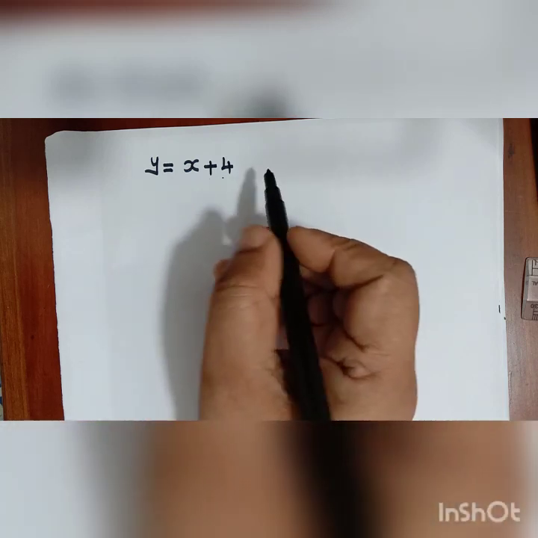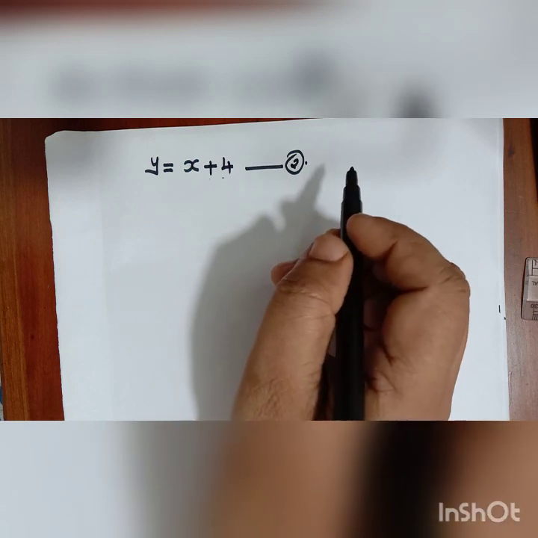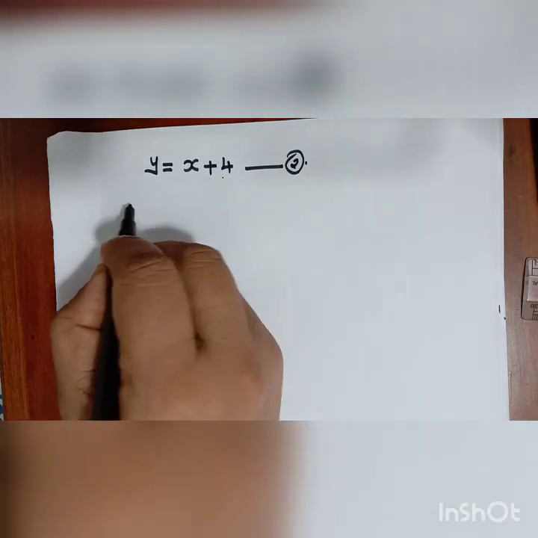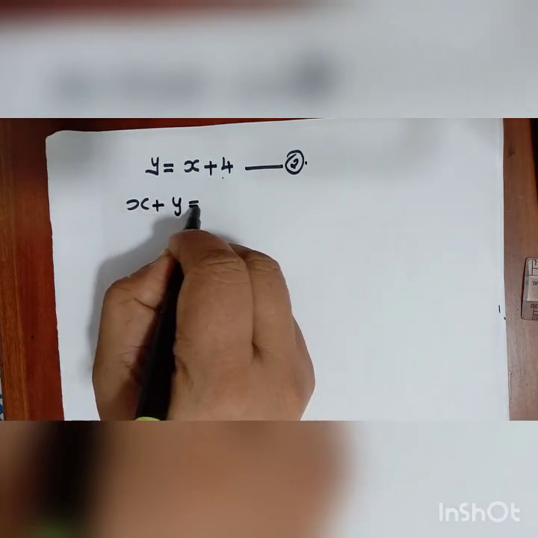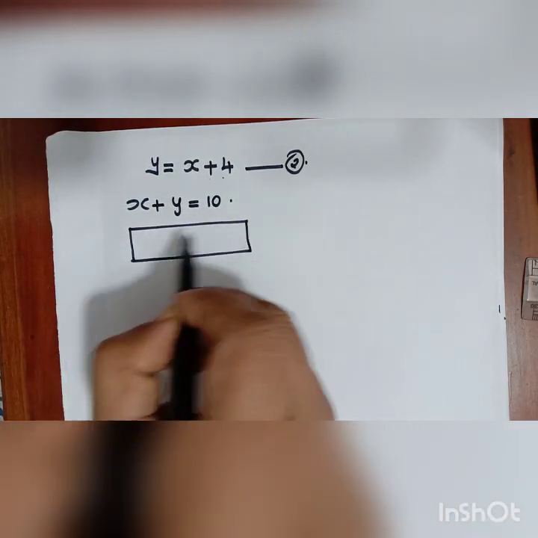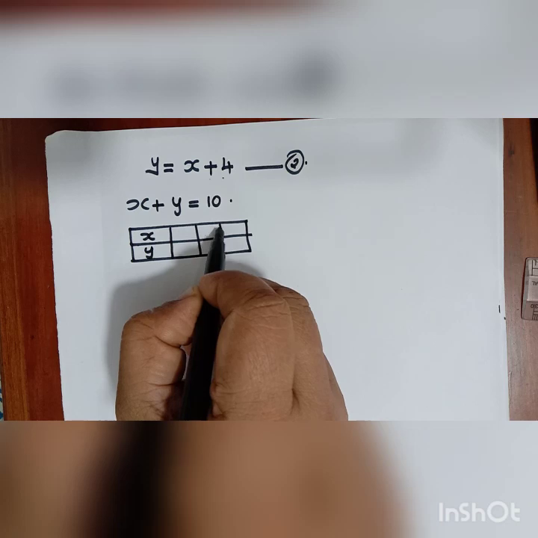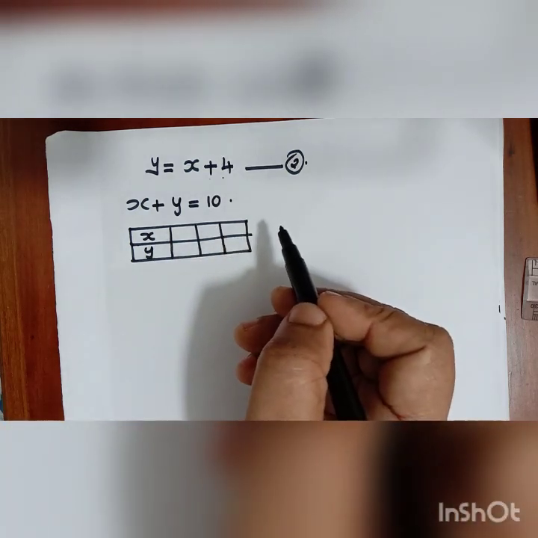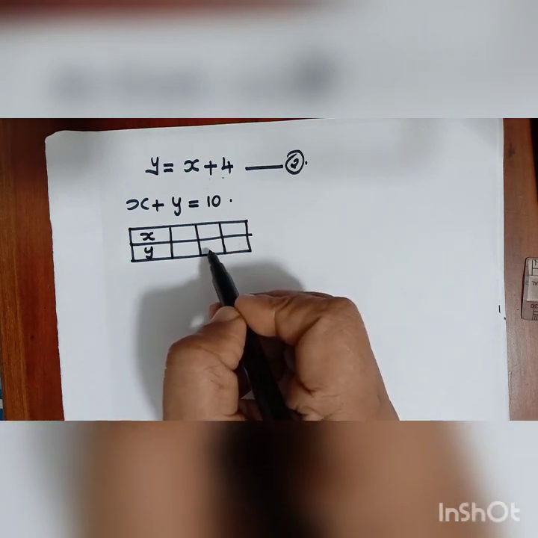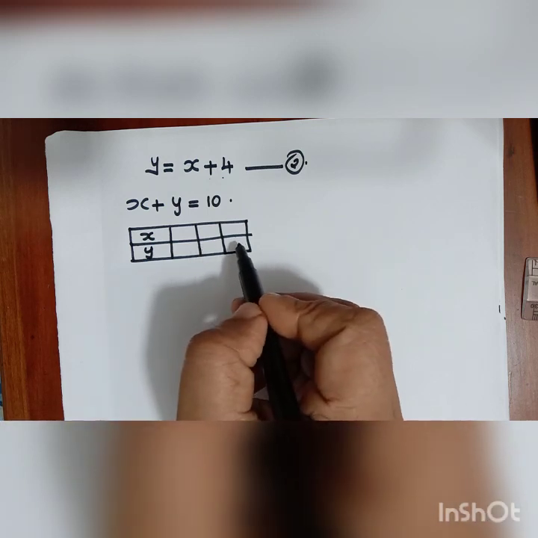But using these two equations, we are going to draw a graph. Before drawing the graph, we have to find out minimum 2 points for plotting. Let us do that. First equation is x plus y is equal to 10. How do we get the value? First you have to draw like this. Mark x, y, then minimum 2 points enough. But for our safety, we are going to find out 3 points, because if any one of the points is missing or wrong, we may not get the line.